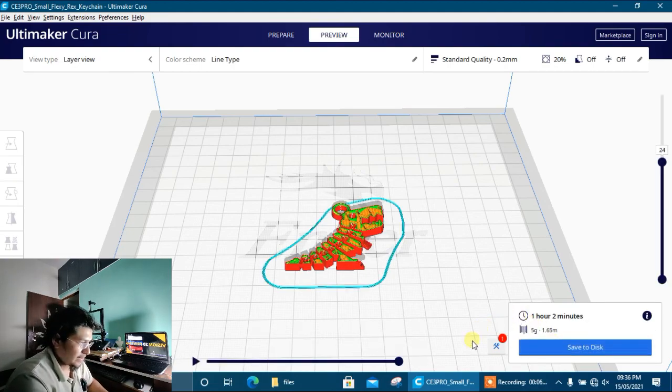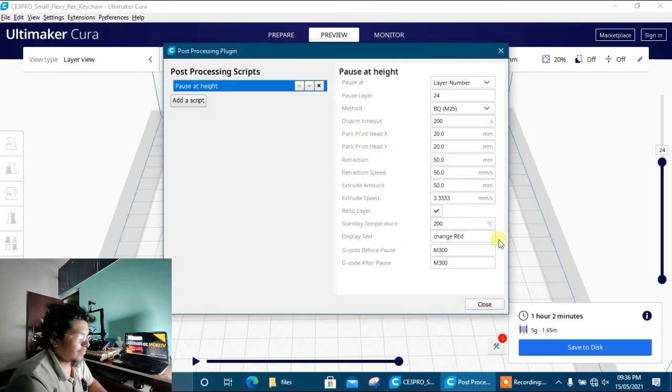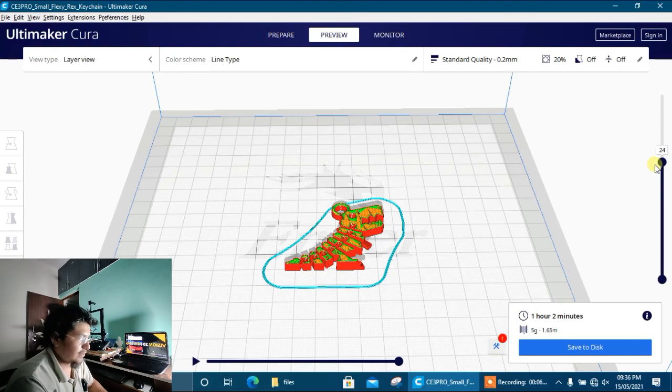You can see there is a new icon appearing on the screen. When we click on this it will open, and we can preview our setting again and close it. So after 24 layers, we will get the filament change on the printer.